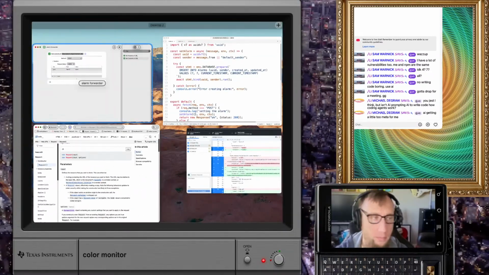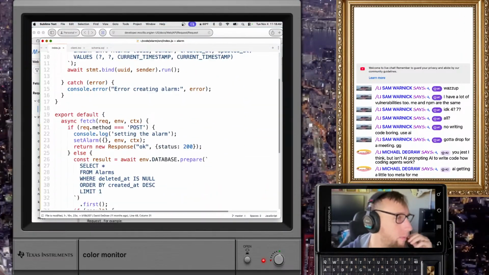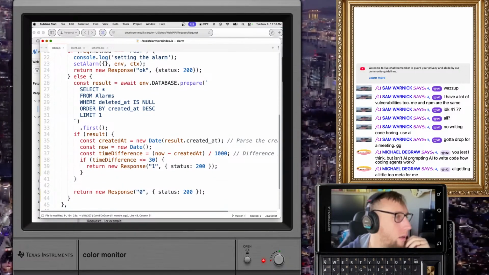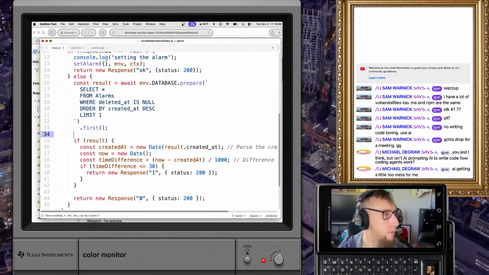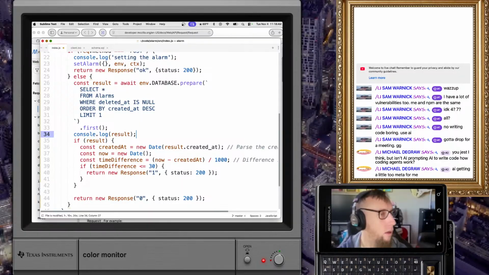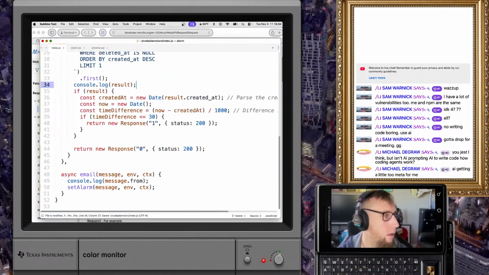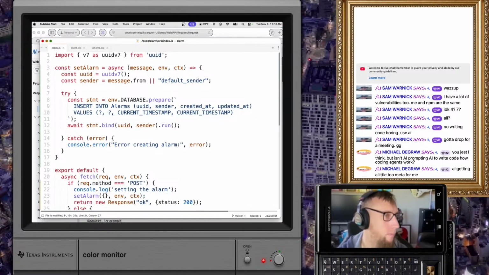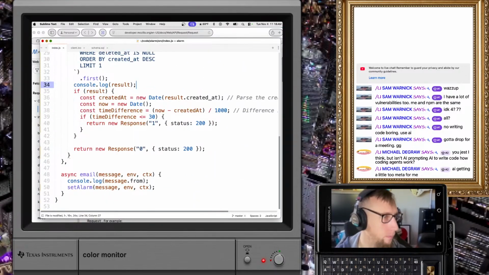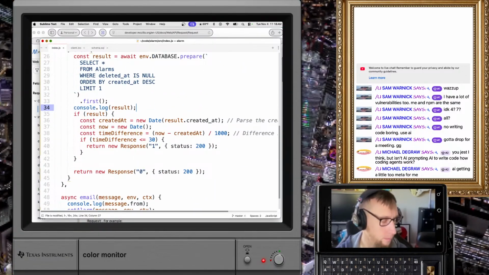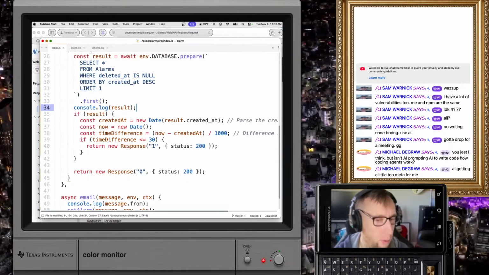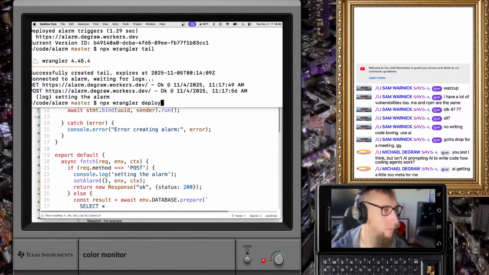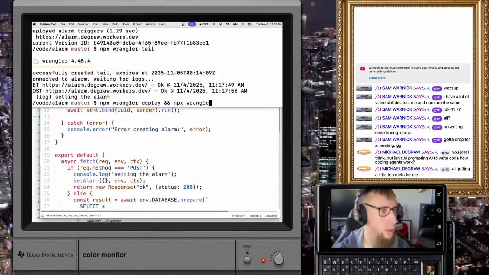But it does not. I'm wondering if it's like a routing issue, but it is getting it. npx wrangler tail.